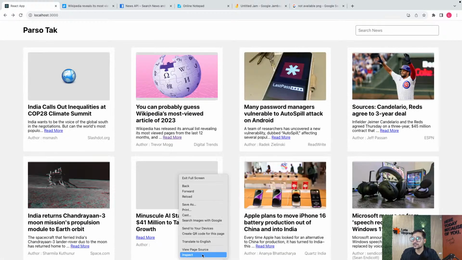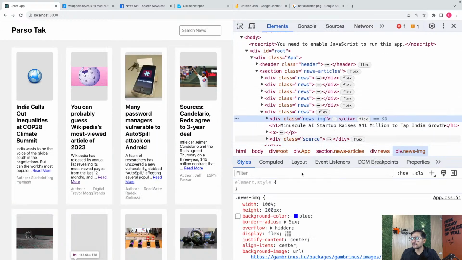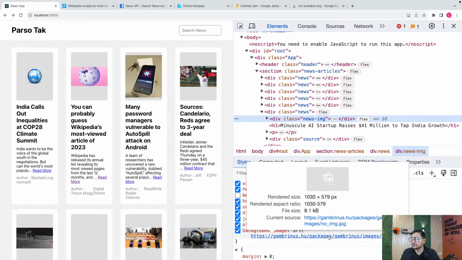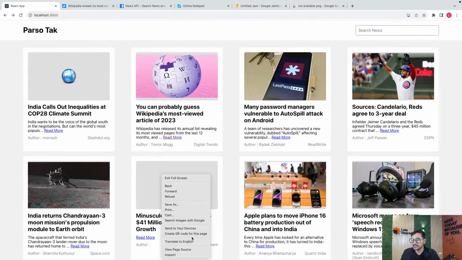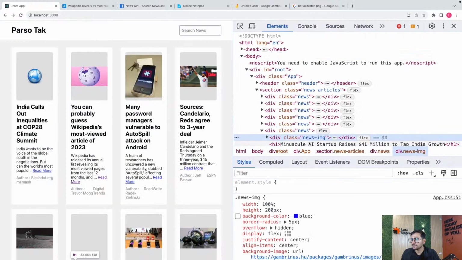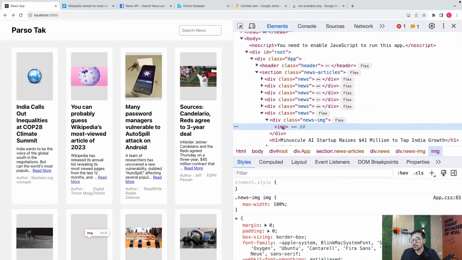It should be there. Let me see what's happening here. Is it having the background image? Yeah, it should have. Is there some blank image coming on top of this? Nope.